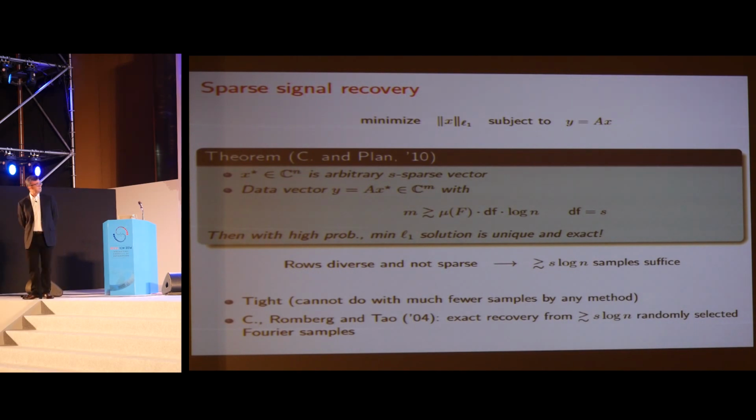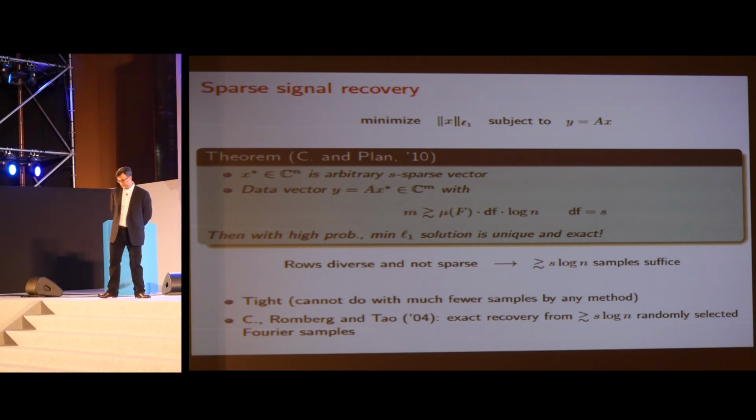You cannot by any method whatsoever hope to achieve perfect recovery with far fewer measurements. It's not possible. A first instance of this result was obtained with my two collaborators, Justin Romberg and Terence Tao, a while ago, where we proved that, in the case of Fourier sampling, we could achieve perfect recovery from S log n samples. This early result jumpstarted the field of compressed sensing because it has a tremendous implication for the sensing of real-world signals: you can essentially sample at a low rate without information loss. Okay, but I will not discuss this in this lecture.